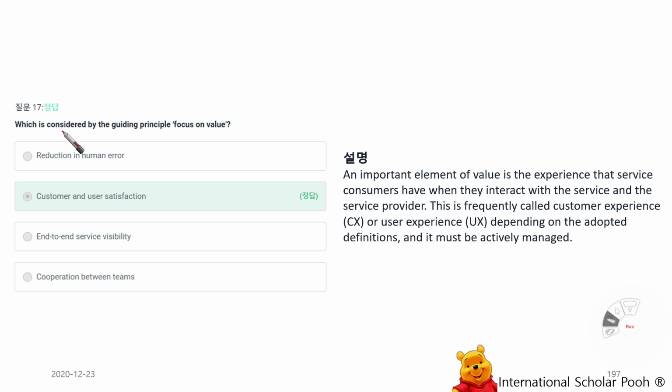which is considered by the guiding principle focus on value, customer and user satisfaction. An important element of value is the experience that service customers have when they interact with the service and the service provider. This is frequently called customer experience (CX) or user experience (UX), depending on the adopted definitions, and it must be